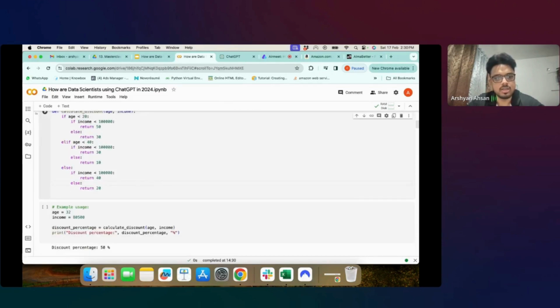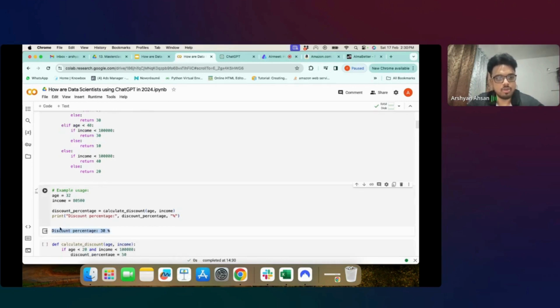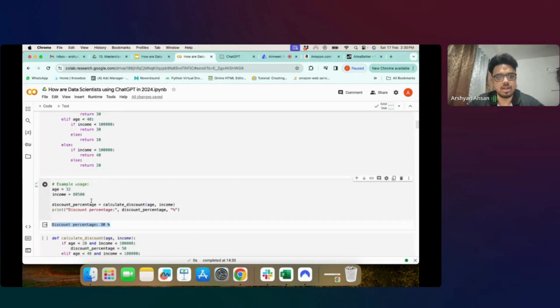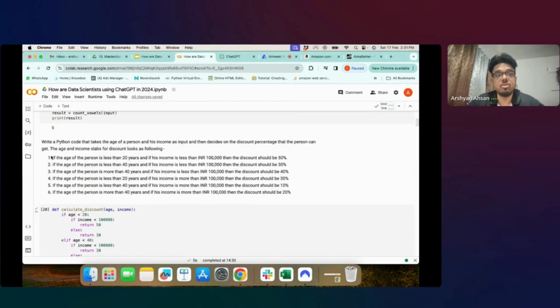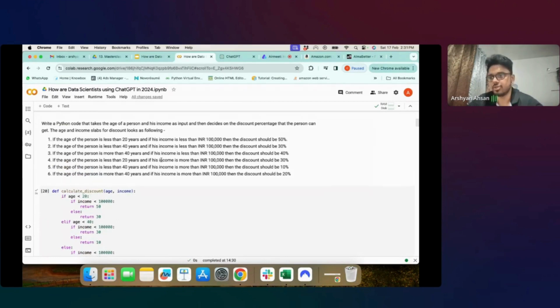Let's see what the discount percentage is. See, if I provide the input as 32 and income as 80,500, it gives me an output of 30%, right? So see, ChatGPT was able to cover not only a very basic use case, but a very custom, very specific use case.